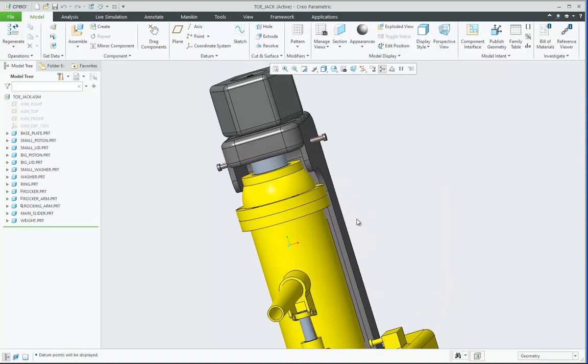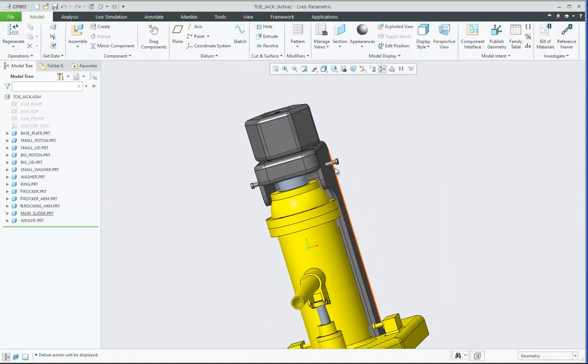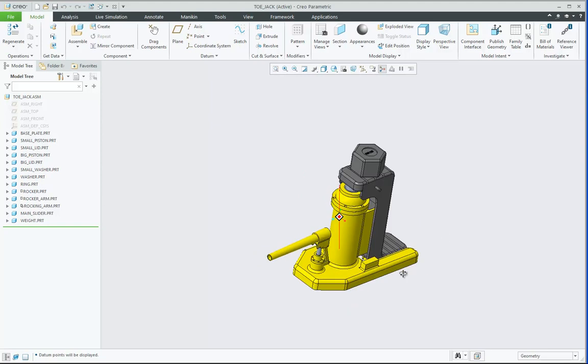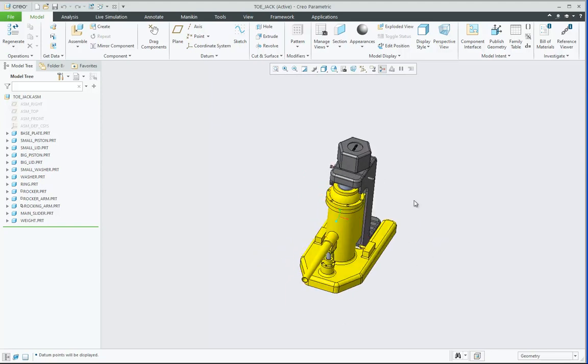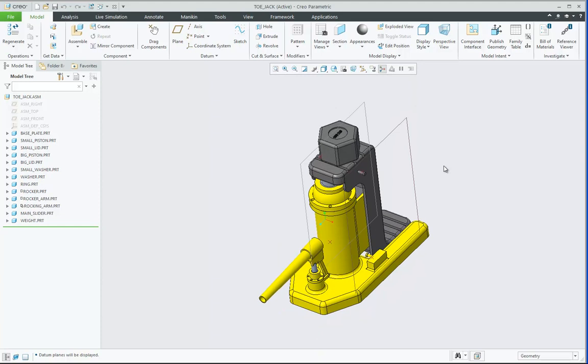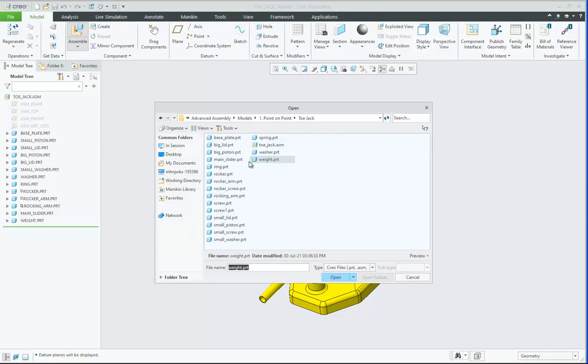From here to here there is a spring assembled, similarly on this side as well. So I will create the assembly of spring with the help of point on point constraint. Let me enable plane display as well, so only two planes are displayed from the base plate part. I create an assembly of the spring,